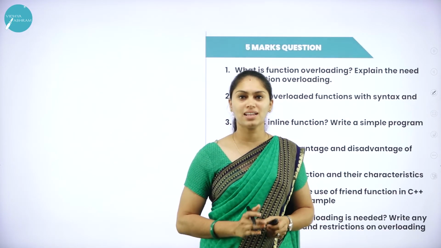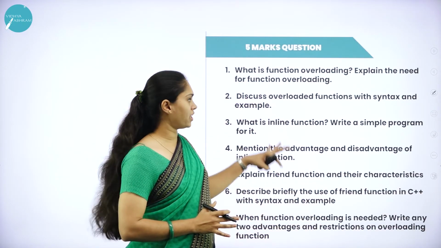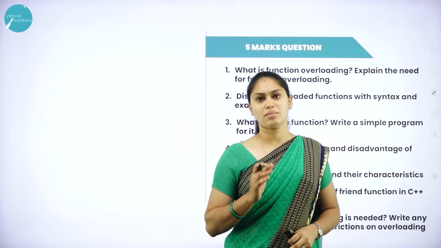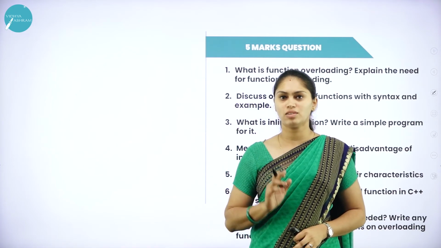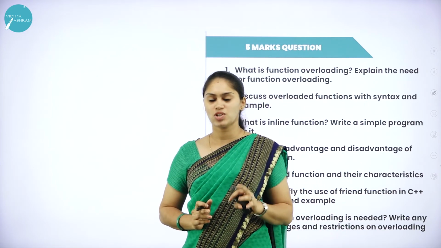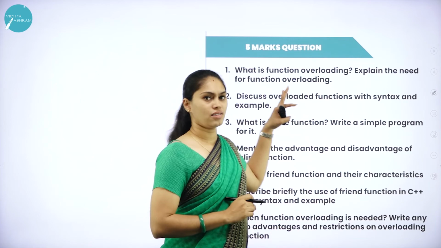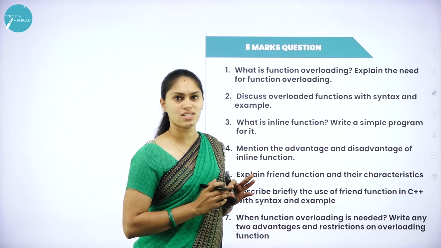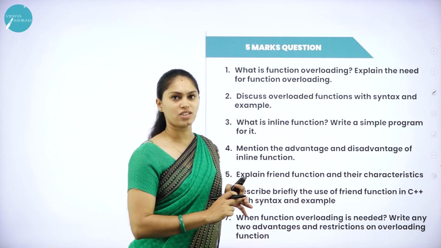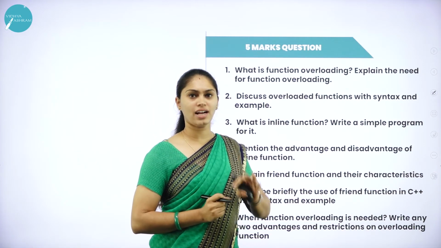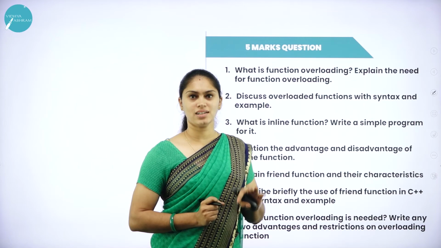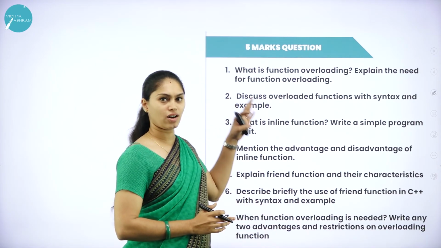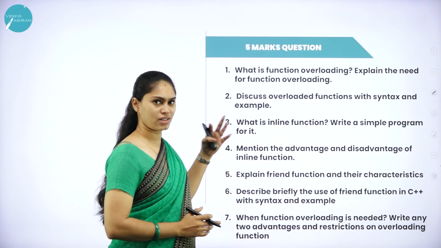Now we'll see the important or most frequently asked questions from this chapter. You are going to get a 5 marks question from this chapter. Only one question from this chapter, that is question number 32, will be from this chapter itself. Here we have only 3 concepts: friend function, inline function and function overloading. So do not skip any of the concepts. You have to be prepared with all 3 concepts. All 3 are asked in different ways.